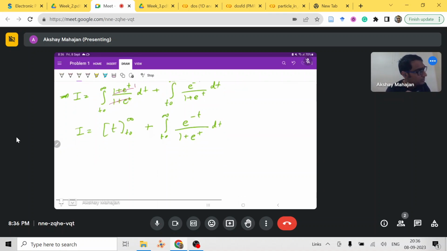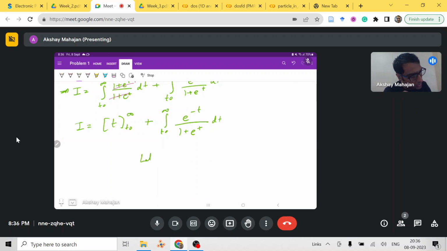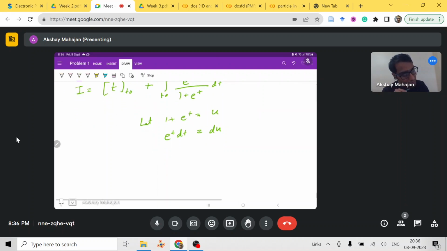Now, to do this integral, let us take 1 plus e to the power t as some u. So we have e to the power t dt equal to du. So now our integral I will be equal to t from t naught to infinity, and this will be some